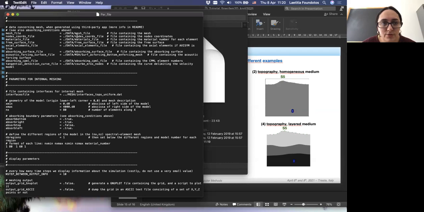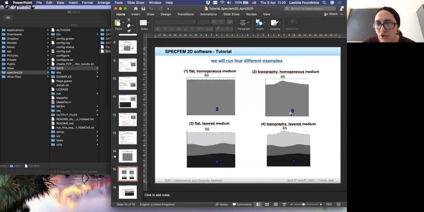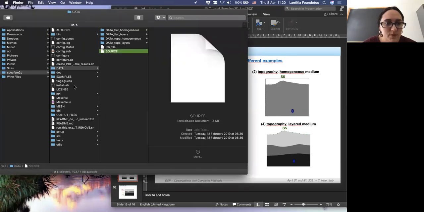All the rest of this file is the same. This is the same also for the source file. The source has the same location and same properties.